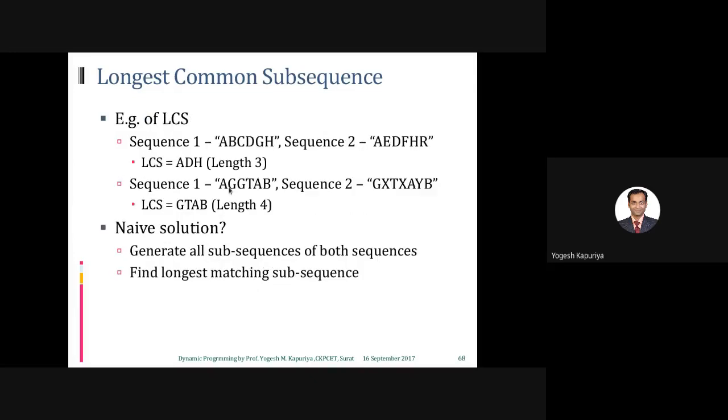Normally, when you look at these two sequences, let's say you are looking at this sequence and this sequence, obviously, when you want to find out the common subsequence in both, you can start with the last character. So let's say the last character over here is B, here is also B. So why does this particular problem statement have the longest common subsequence optimal substructure property?